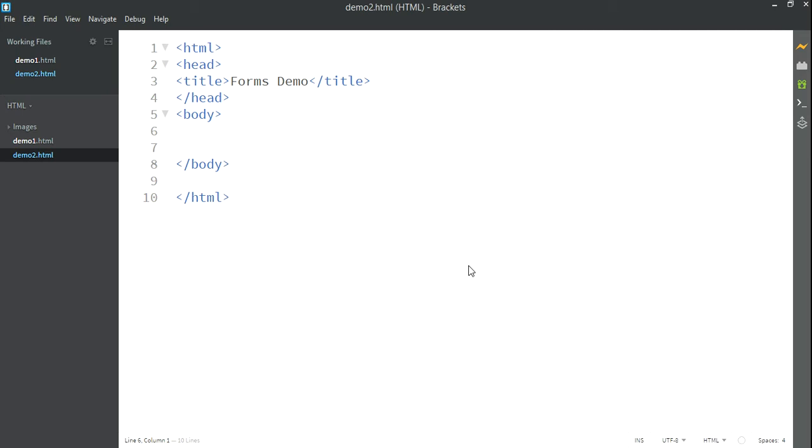That is, what are forms in HTML? In simple words, whenever I want to pass data to the server, we'll use the form tag in HTML. We need to use the form tag inside the body section, so form start tag and close tag. Inside the form tag we can arrange our form, and whenever the user fills up that particular form, it will pass to the server. Now we will learn how to create our form by using some built-in tags in HTML.